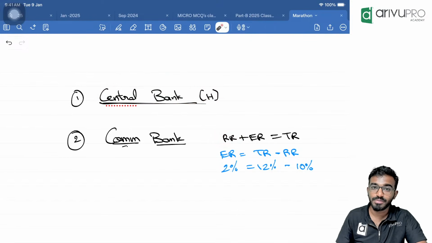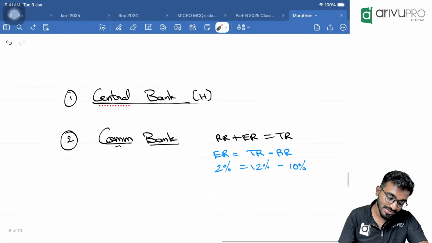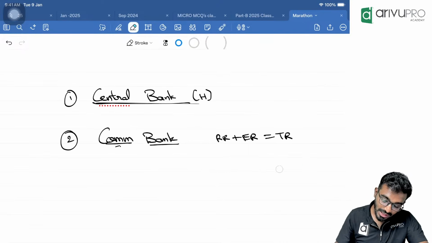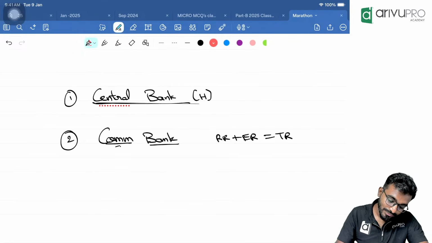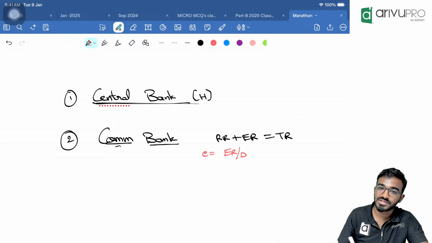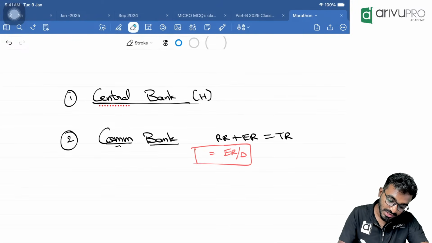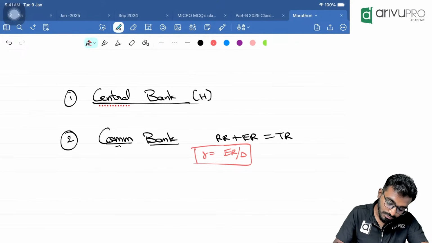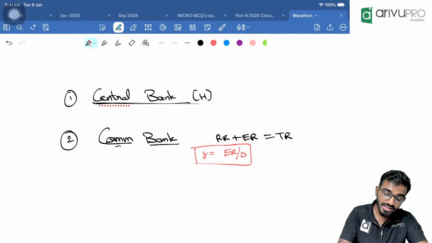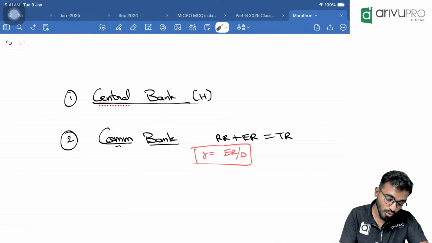But every time your belief will not work. Commercial banks will keep excess reserve. So that is what we calculate as small e. How do we calculate small e? Excess reserves divided by deposits. This is the formula. And if you see the ICAI material, instead of small e they give it as small r only, R equals ER by D, but that is actually wrong. Here r means required reserve ratio, RRR. We believe that they don't keep excess reserve, but sometimes they will hold excess reserve. So I have to write it as e only.